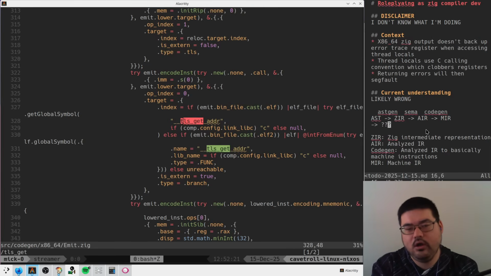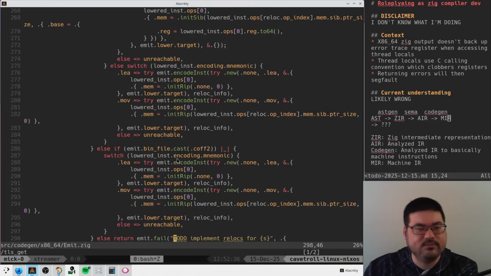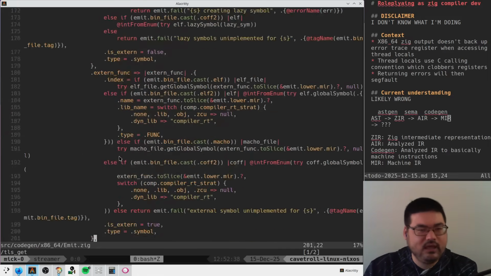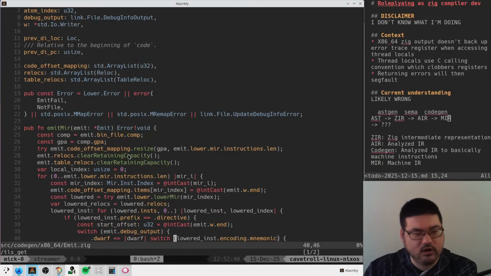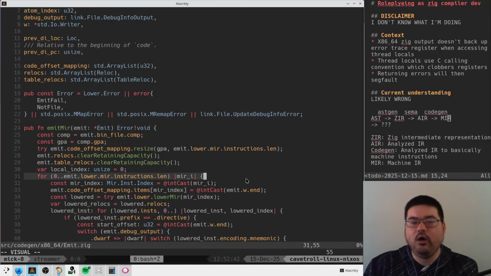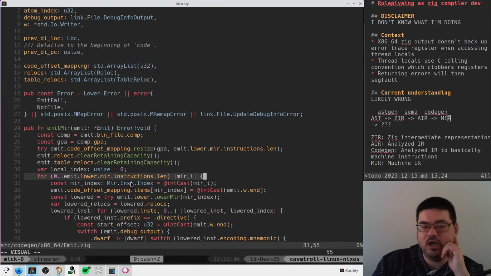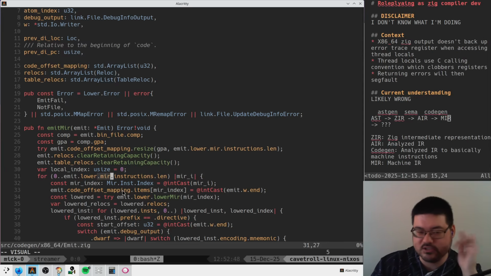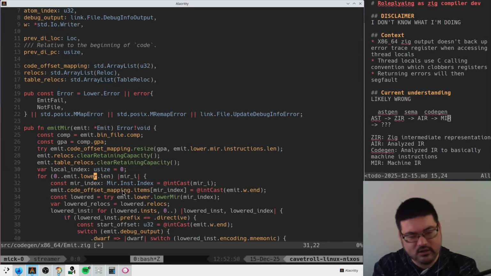So this is kind of at the very, very end of the stage. This stage, I guess, is it the very, very end of this? I think. Because in this mir emit, if I understood what I was looking at earlier correctly, we already have a bunch of machine instructions, MIR instructions, at this point, right? So I think in CodeGen,